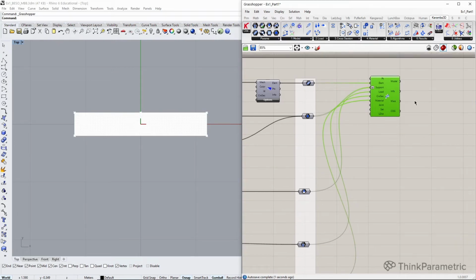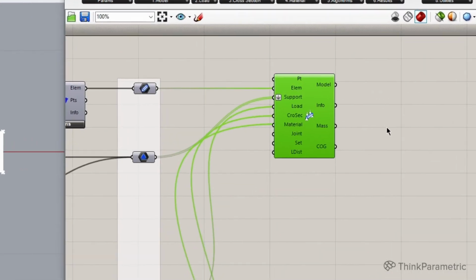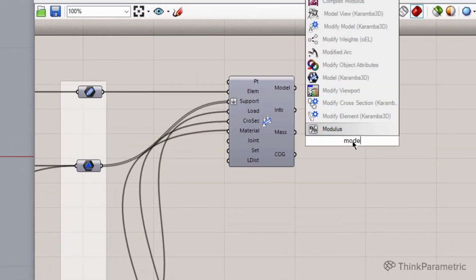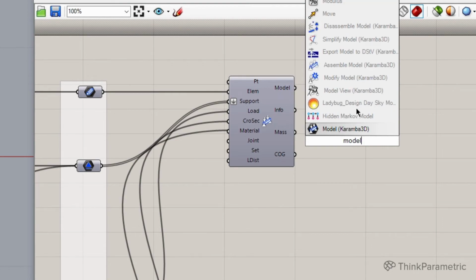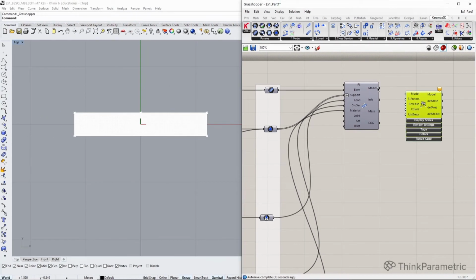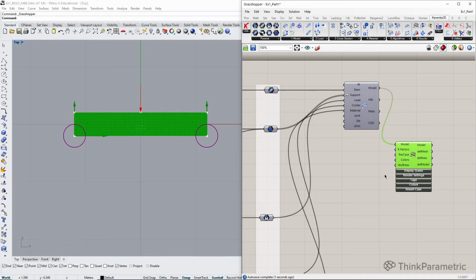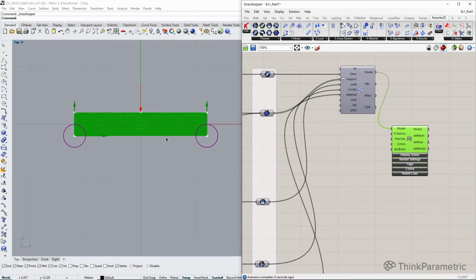And this looks ready for analysis, but I would like to show you one more thing. Let's plug model view to our model. This enables us to check if we specified our boundary conditions in the right way.